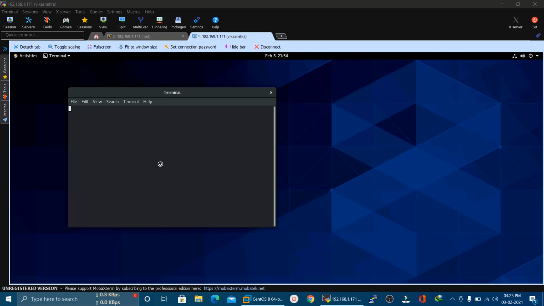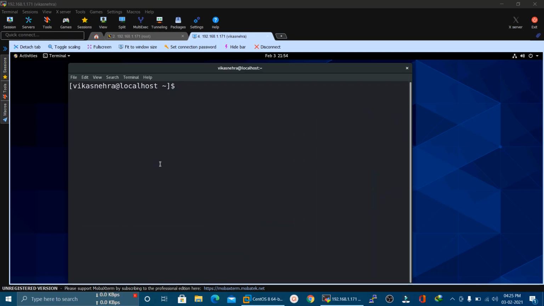Here you can see that I am able to log in remotely to my machine through XRDP using the MobaXterm tool. So either you can use the Windows built-in RDP utility for that, or you can use any third-party tool like MobaXterm to remotely log in to your machine. And here I'm using the normal user account this time to log in to my machine. And here I can open the terminal, I can open other applications which require GUI.